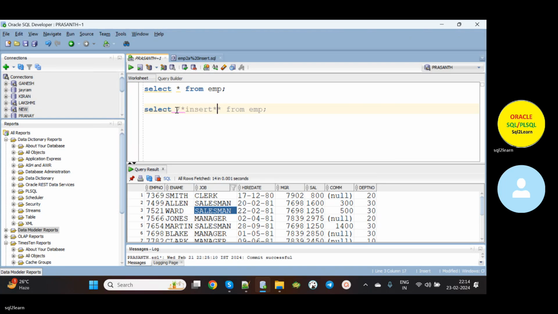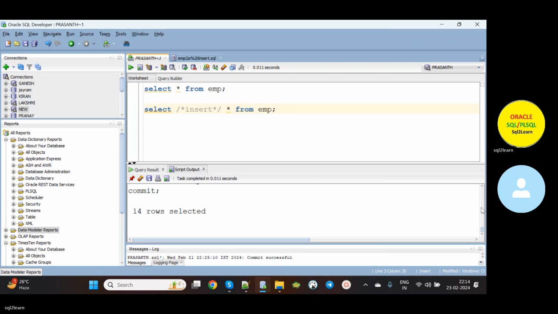Insert. Okay, so this also gives it. See, if I write this comment, this is called a comment in the SQL worksheet. So forward slash star and star forward slash. So this will give you what, see, again you need to mention star also. So now you see, if you run and see in the script manner, if you run and see,